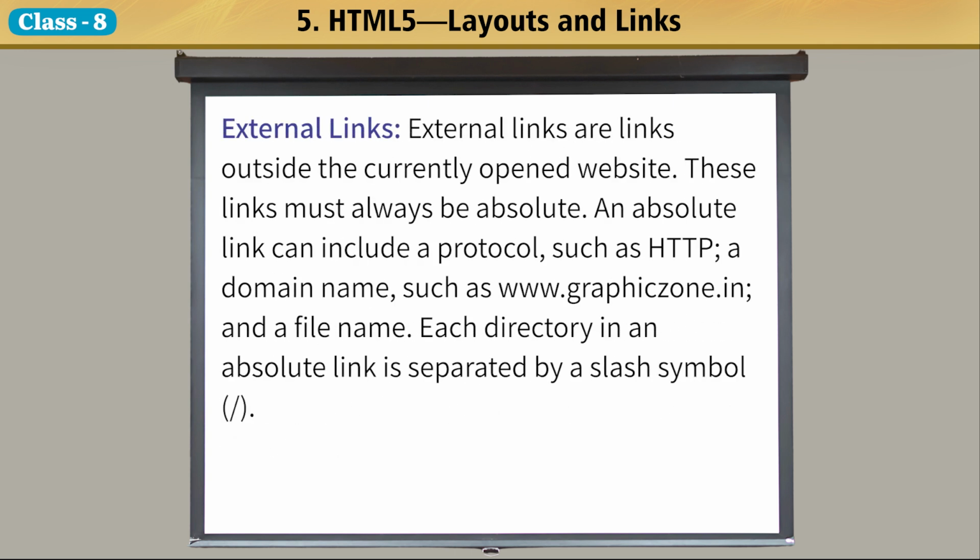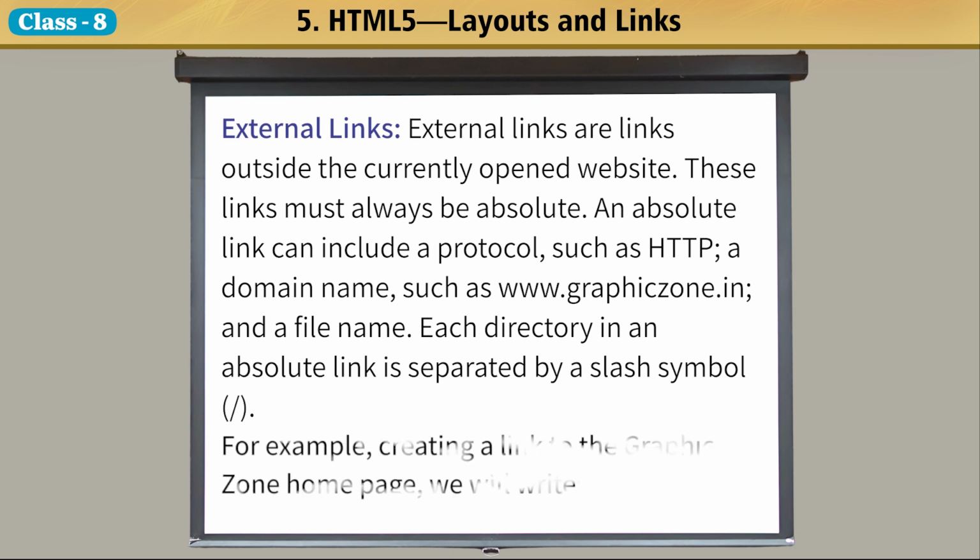External links. External links are links outside the currently opened website. These links must always be absolute. An absolute link can include a protocol, such as HTTP, a domain name, such as www.graphiczone.in, and a file name. Each directory in an absolute link is separated by a slash symbol. For example, creating a link to the Graphic Zone homepage, we will write